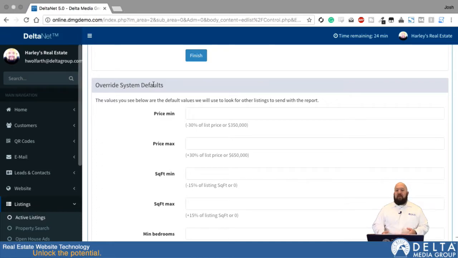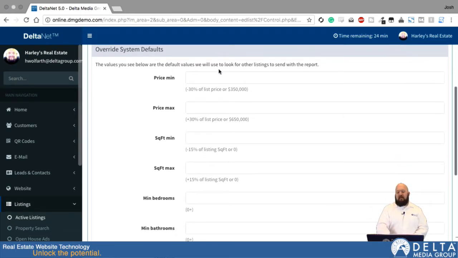So it'll send a report to your seller that says this is how many hits have gone to your listing's detail page. It will also include nearby comparable listings, so they can get an idea of what their competition is basically in the market. This allows you to fine-tune what the system considers their competition. By default, it uses this 30% price range that it has listed here, but if you want to change that,